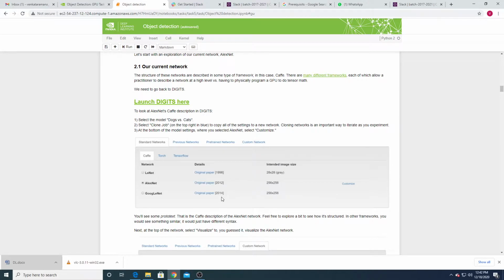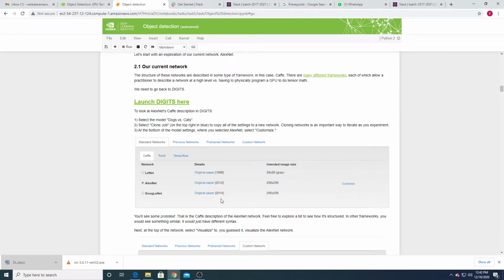Hope you understand, right? In the previous case, I identify the object by splitting the complete image into small windows and passing each window to the CNN model. Then it identifies whether the dog exists in that window or not. If the dog exists in that window, then that window will be highlighted. That's how object detection is done. But it is computationally complicated, right?